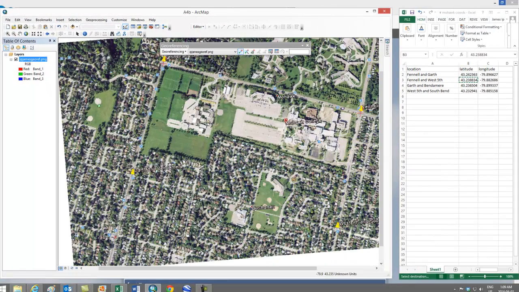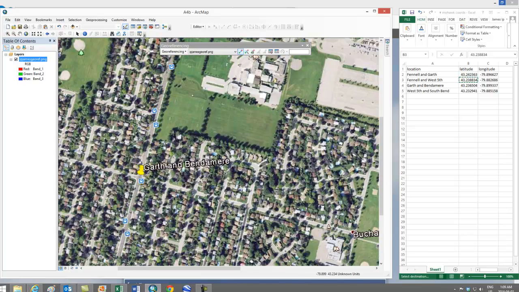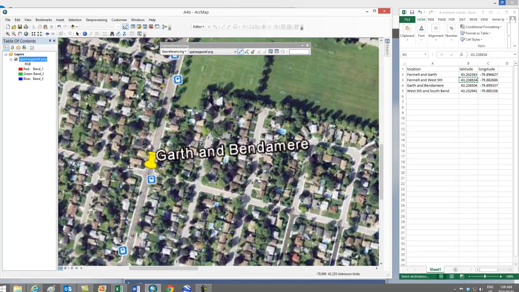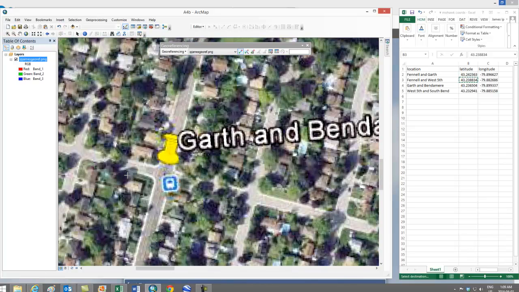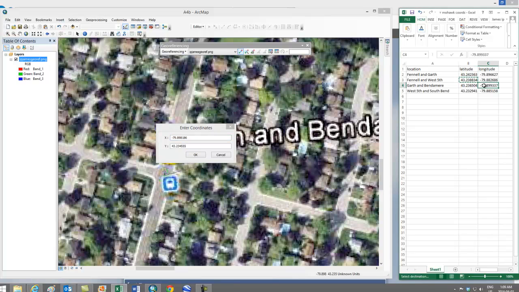So our next step is to zoom into this area of Garth and Bendemeer and select another control point. Making sure that that's selected right here, pick our control point number 3, right click, input the XY, take the longitude, put it into the X, and you'll notice that the actual longitude and latitudes have changed somewhat, and it's very similar to what we're going to be entering because it's already tried to place the map into the correct location. So once we've done this, we'll click on OK,